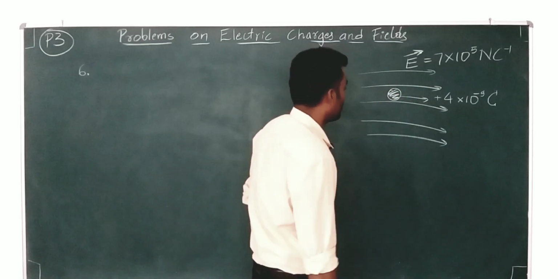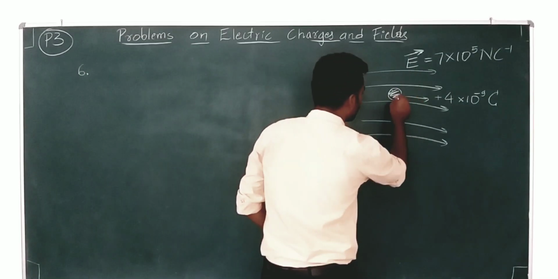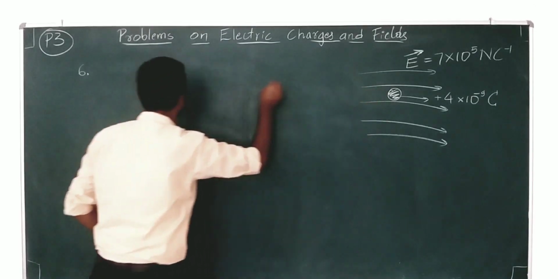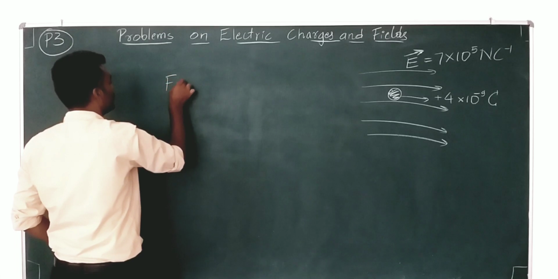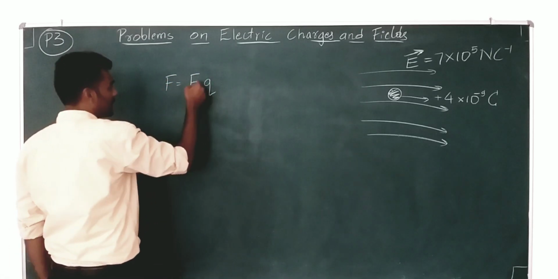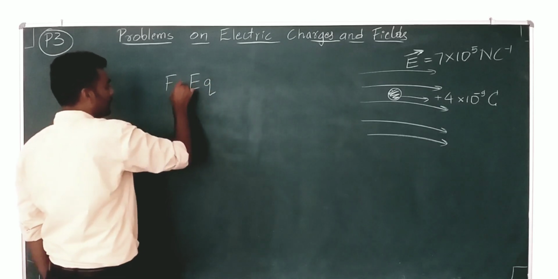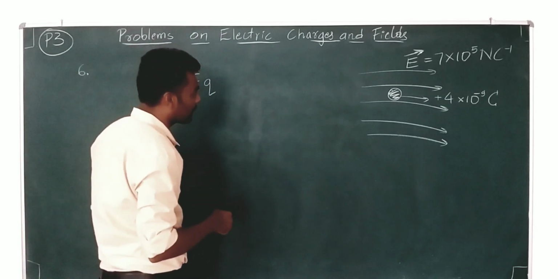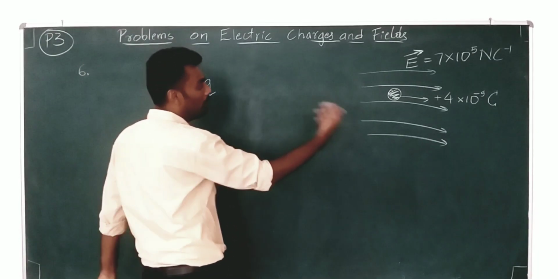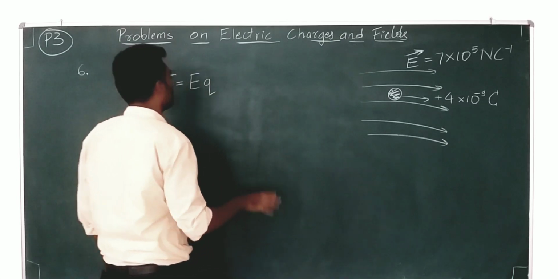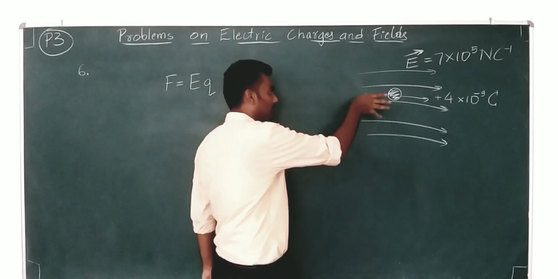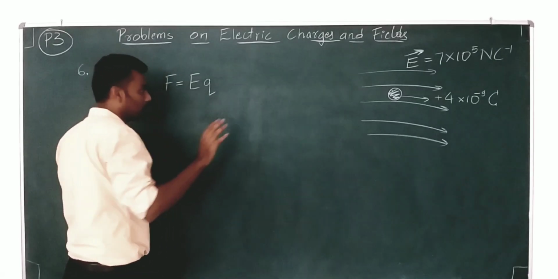That's fine. Now the net force experienced by this charge due to this field, because there are no other charges, only the field present, it's a very simple formula, F is equal to EQ. Okay, and the direction will be same as that of the external electric field. If the charge given is negative, then the force will be opposite to the direction of electric field. Now since the charge given is positive, the direction of force is same as that of the electric field. You can keep that much in mind, that would be enough.